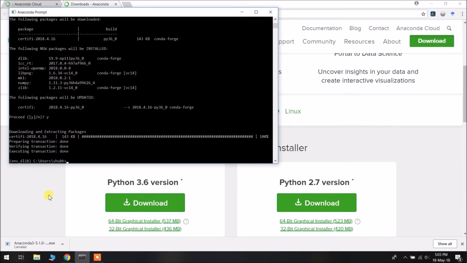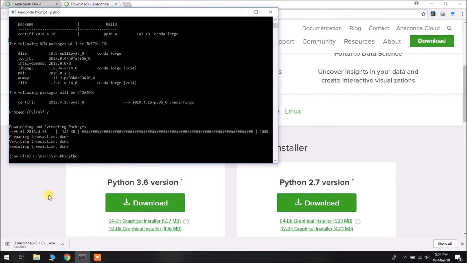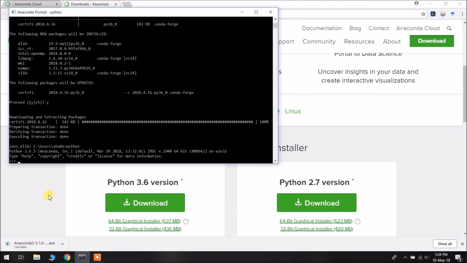Now that we have installed the dlib library successfully inside the environment, we will verify the installation. We will quickly fire up the Python interpreter by typing in python. Then we will import dlib library.